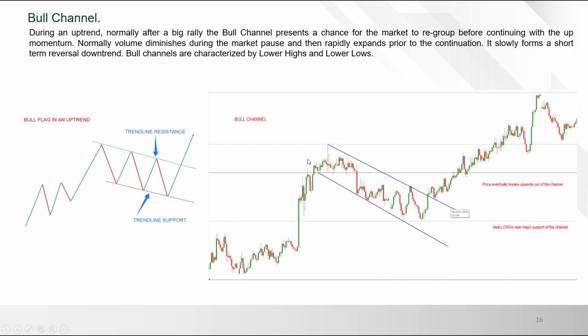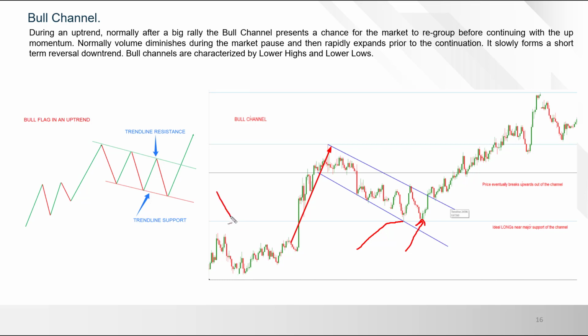Now here's a bull channel representation on an MT4 chart. We've got price moving to the upside. Price is in an uptrend or a bullish momentum. Then we had a small correction to the downside. The market tries to go to the lower side, but you can see in that time it traded to a strong area of